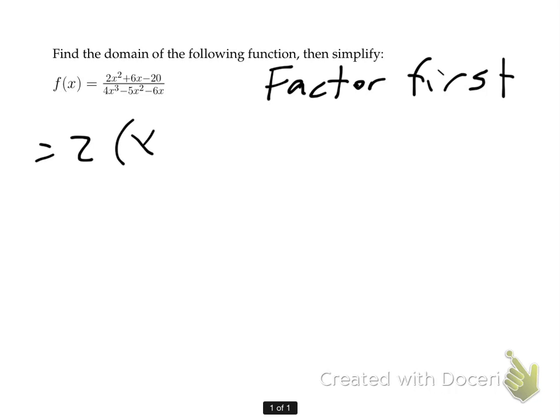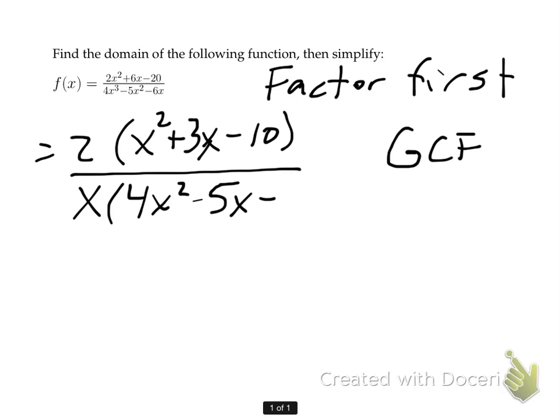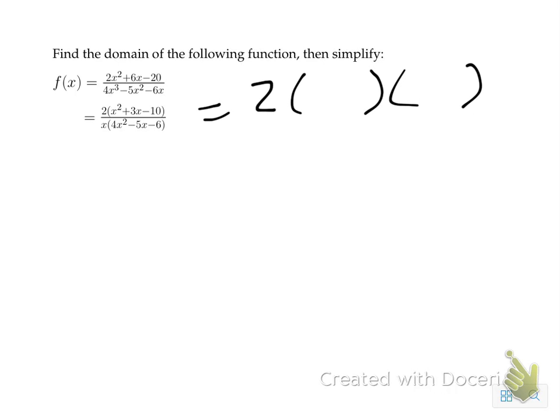So next, I look at greatest common factor in the top and pull that out, and then greatest common factor in the bottom and pull that out, and I'm left with 2 times x squared plus 3x minus 10 over x times 4x squared minus 5x minus 6. Continuing on,